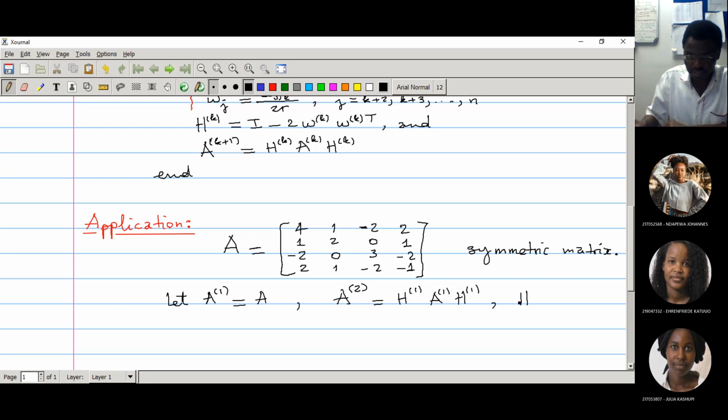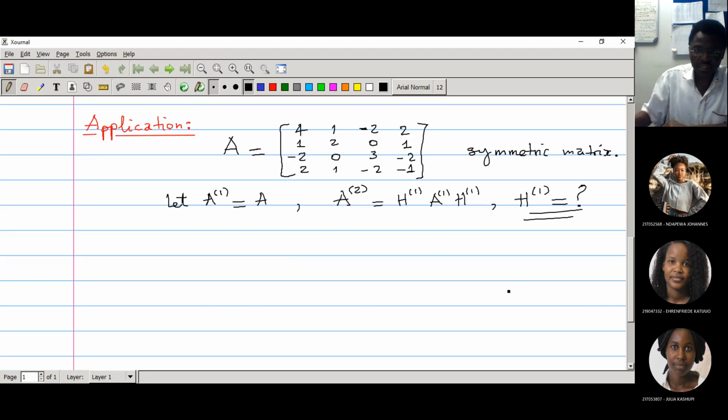So what is this? H1. So that's what we want to get. And for that, we go into our algorithm. We say K is equal to 1. For K equal to 1 in the algorithm,